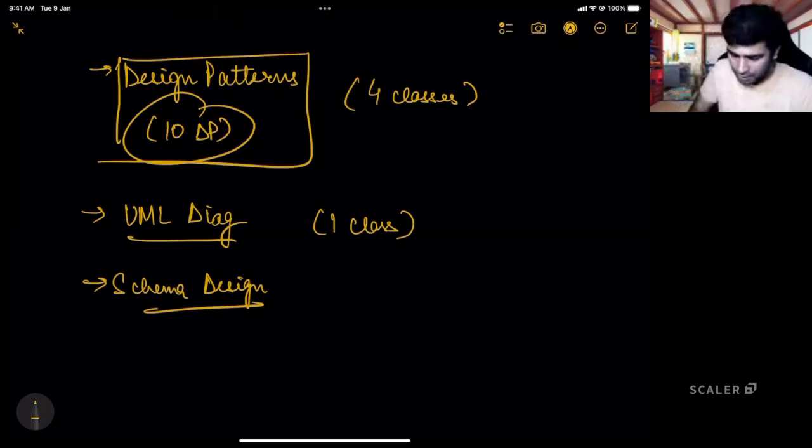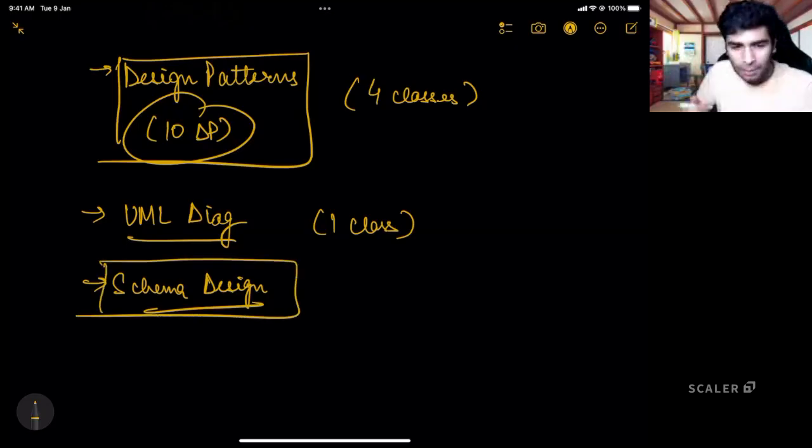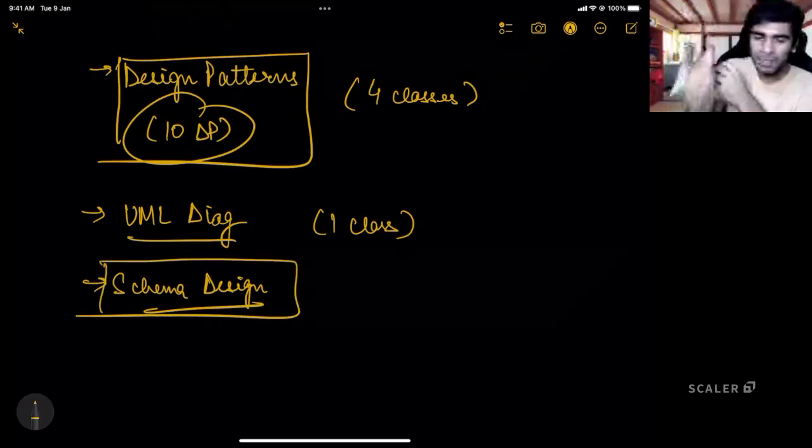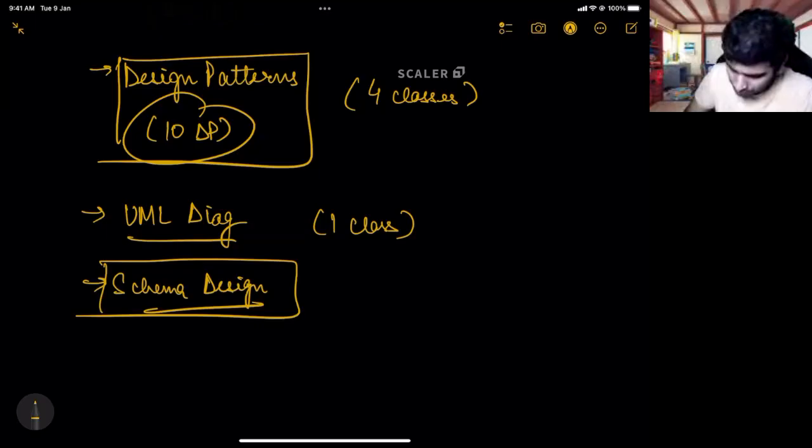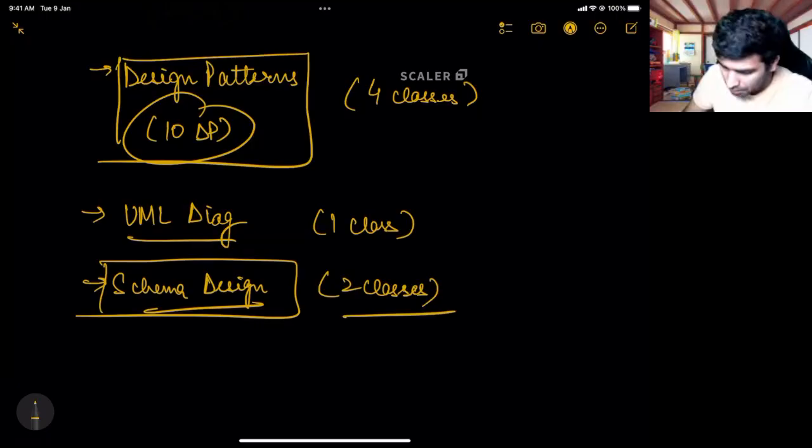No. Okay. So here we will learn about how to basically make your classes into real tables, how to represent the relationships between those classes, how to put each type of relationship. For example, you would have heard about 1:1 relation, 1:m relation, m:1 relation, m:m relation. How to put each of those relations into tables. How will you represent each of those relations into a table? Okay. So here we will have 2 classes. Okay. In the 2 classes, we will try to at least take 3 case studies. We will almost have 3 case studies so that you have enough practice with this.